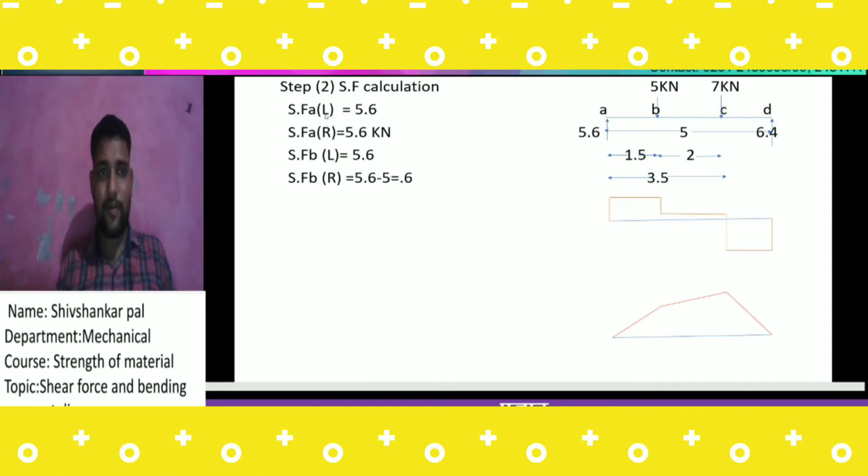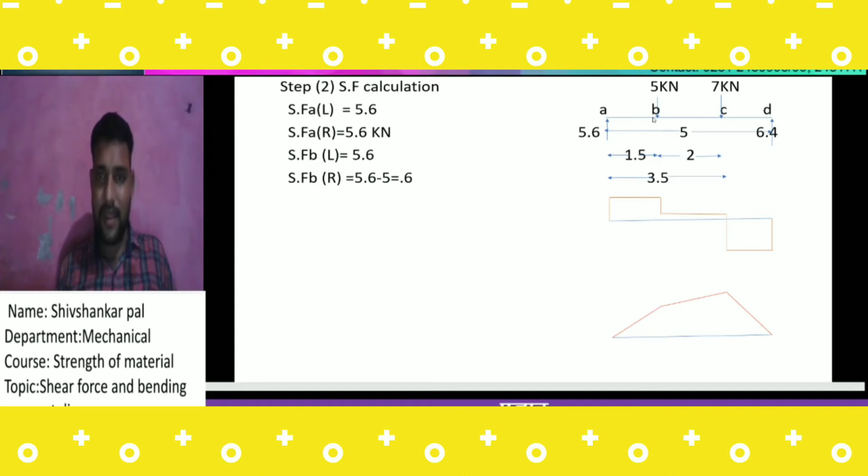So our shear force at point A left hand is equal to 5.6, and shear force at the right hand side point is also 5.6 kilonewton, since you see the same load, and the loading support values are the same, 5.6, 5.6, 5.6. When I approach point B, I see that point going to the left hand side.